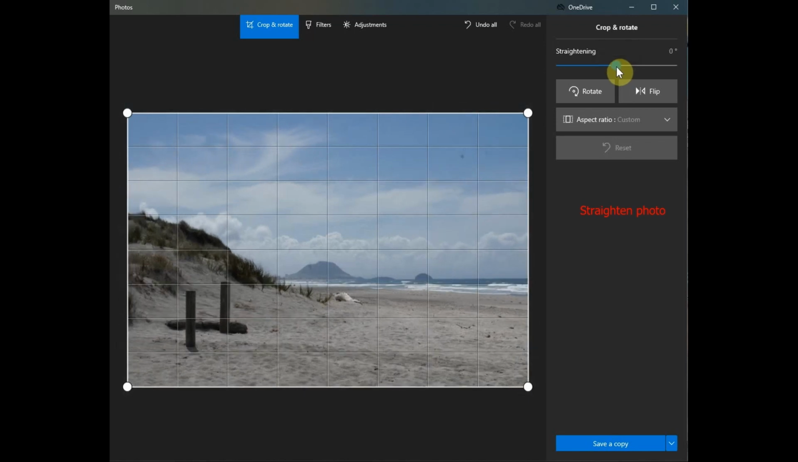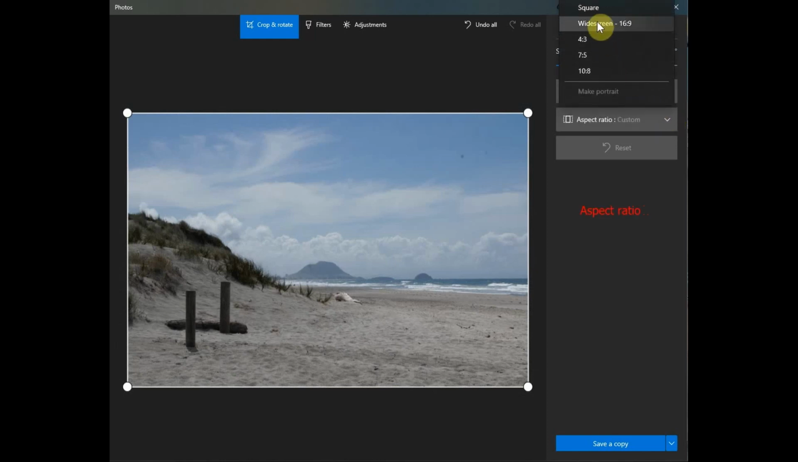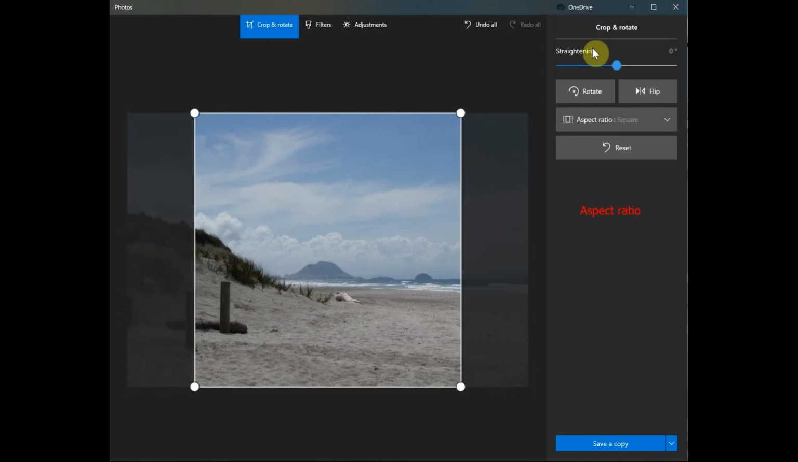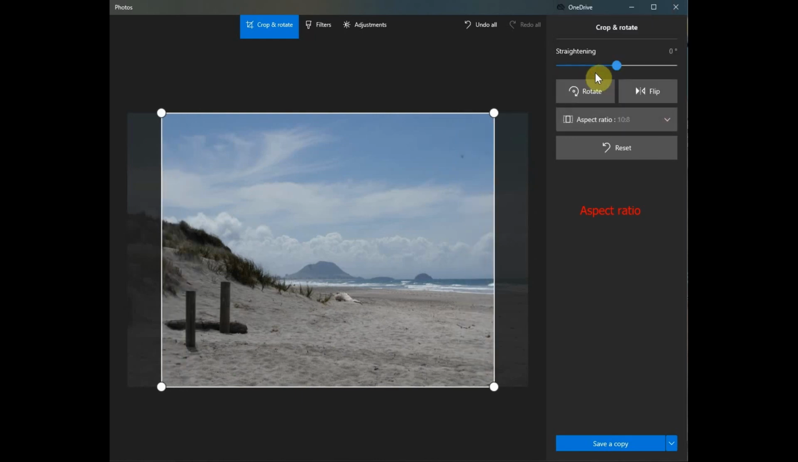Sometimes it's really hard to hold the camera straight and level when we're trying to get an impromptu photograph, so you can straighten it out by using that. It's also possible to change the aspect ratio, so you can make it a square picture, 10:8. You can vary it around as you like. I'll go back to the original